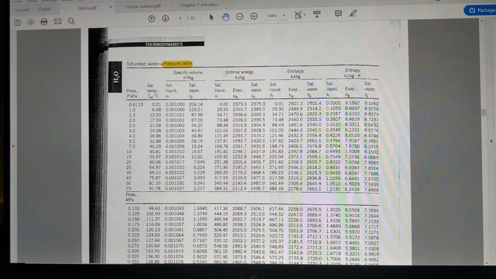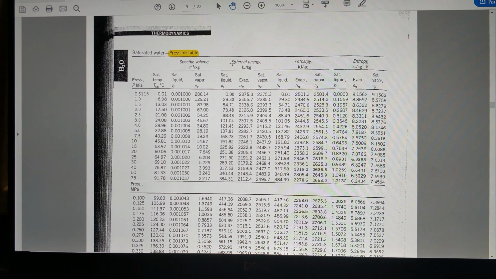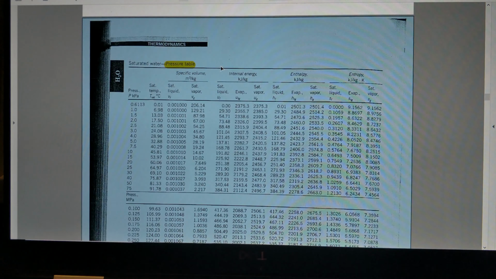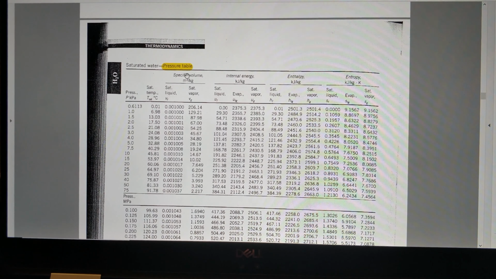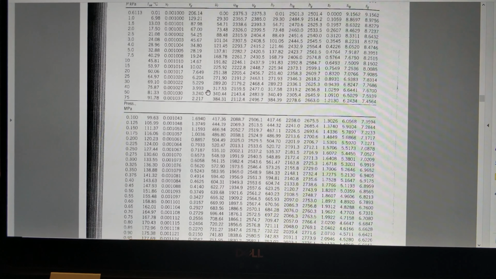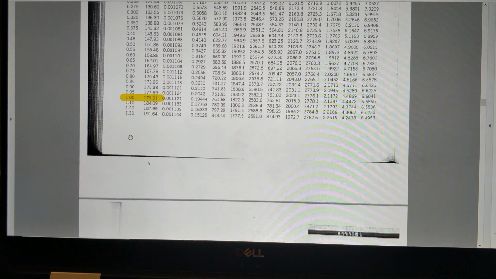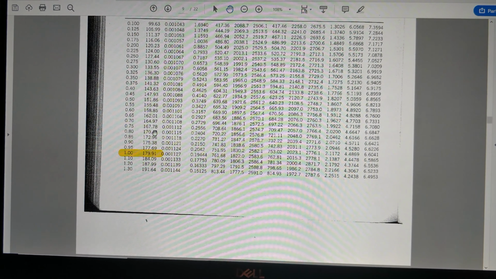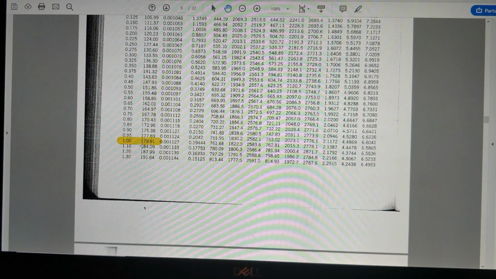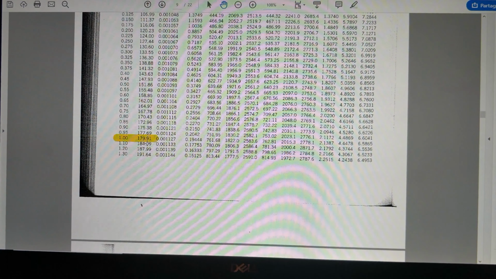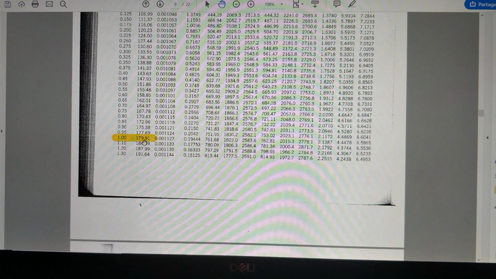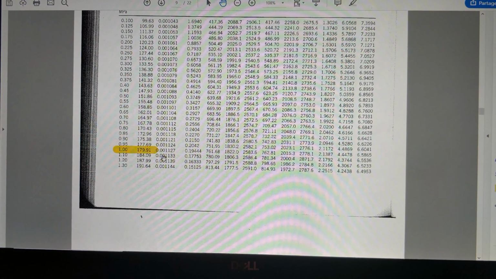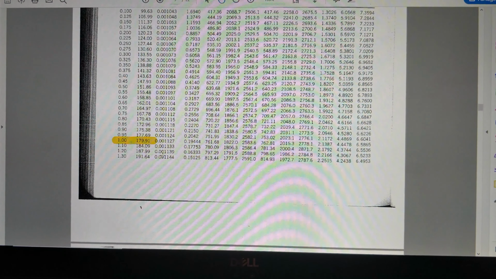And so in the given problem presented earlier, given the two intensive independent properties, we can now go to our tables, and if we take a look at our water tables and then go to our pressure water tables, we can go look for the given pressure, which was 1 megapascal, and if we take a look at the column next to it, which would be the temperature column, we can now see that the temperature at that specific pressure for it to be a saturated mixture would be 179.901 degrees Celsius,